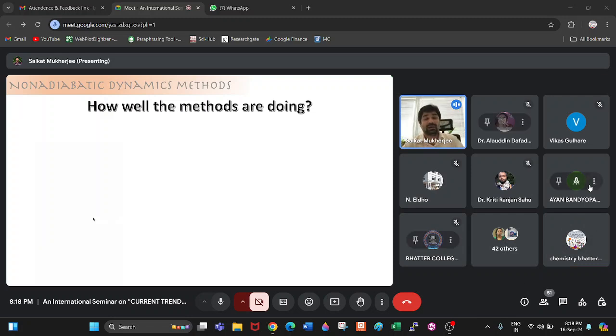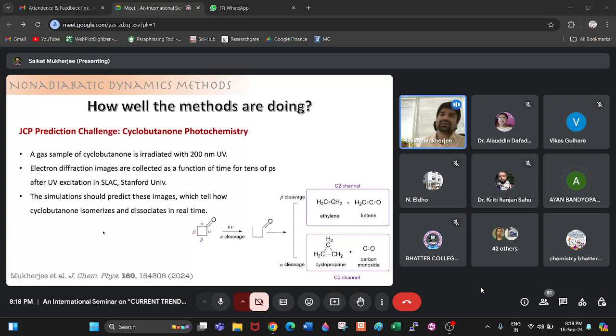Okay. So I have thrown some names of dynamical methods. The obvious question is how well the methods are doing, right? Interestingly, the Journal of Chemical Physics this year proposed a prediction challenge of cyclobutanone photochemistry. What is this? A gas sample of cyclobutanone will be irradiated,